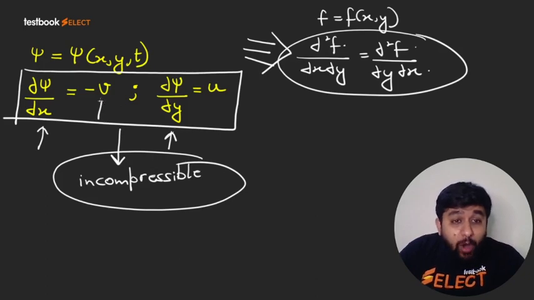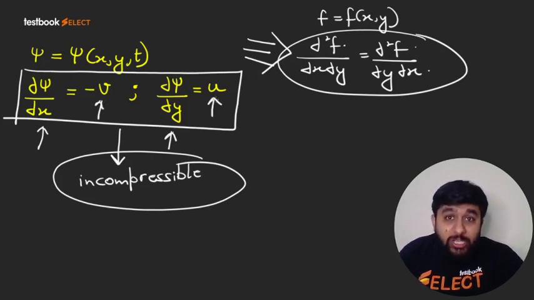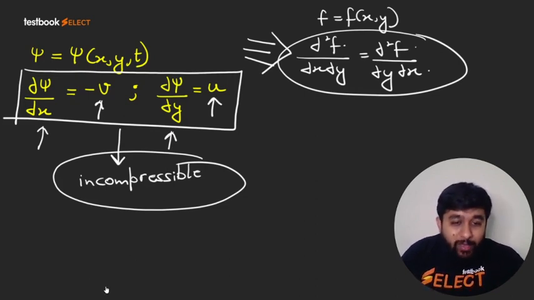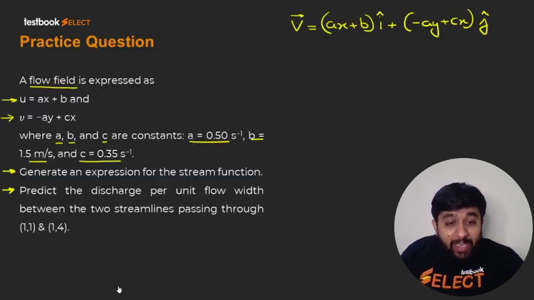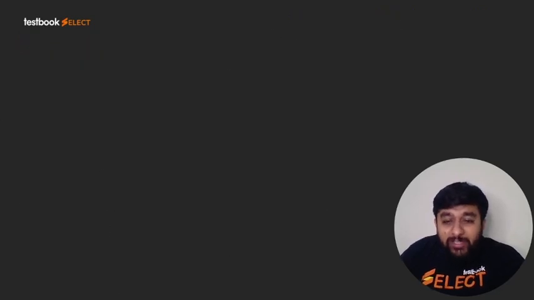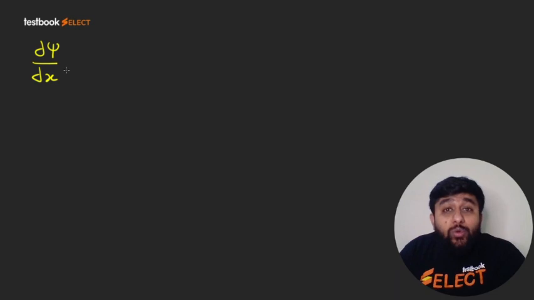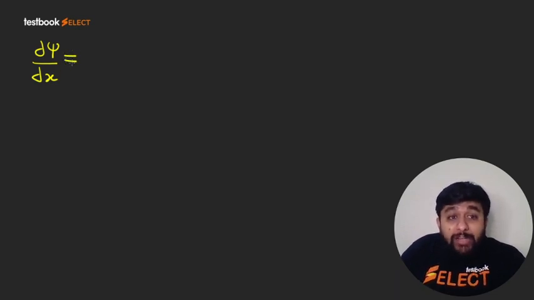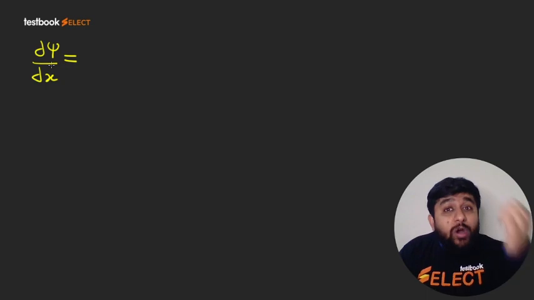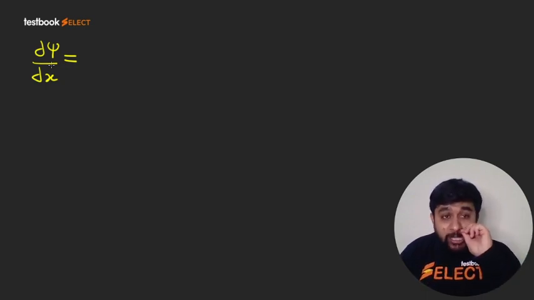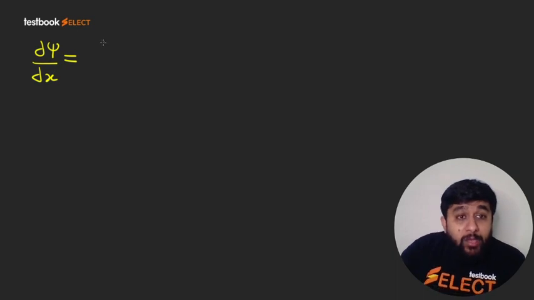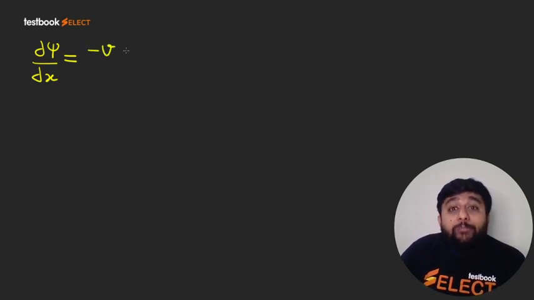So if we have the v component or u component of velocity, then using these expressions we can predict the stream function. Let us do it. What we have is small v equal to minus ay plus cx. Let me use the first expression. The first expression says if I do a partial derivative of the stream function with respect to x, please note that when you are doing partial derivative with respect to x, y is treated as constant. During this differentiation, y was a constant term. You will get the negative of the y component of velocity.